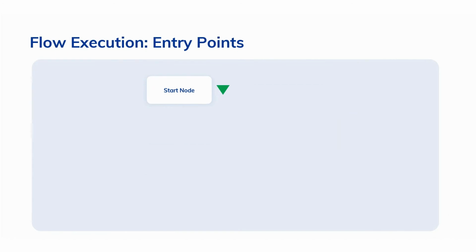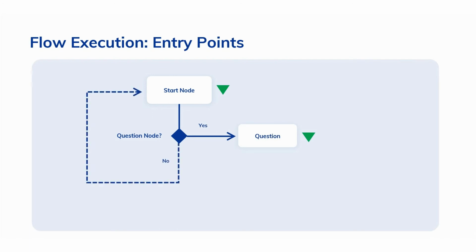There's also a concept that we call entry points. So by default, every new utterance starts at the top of the flow. It would execute the rest of the flow chart, and then if a question node is asked, the entry point actually moves to this question node. So it expects the user to answer the question. If no question is asked, the entry point will move to the start of the flowchart again, right? So that's where the green triangle in the actual editor can be found.